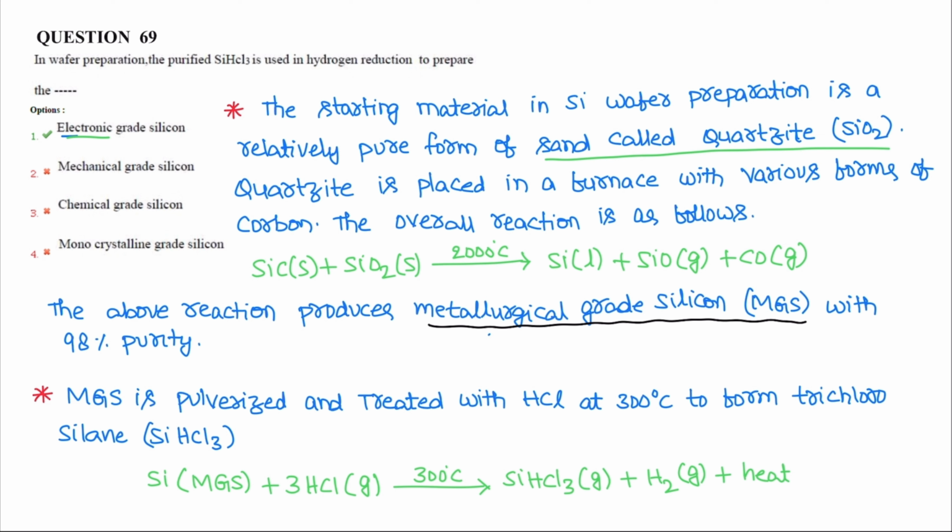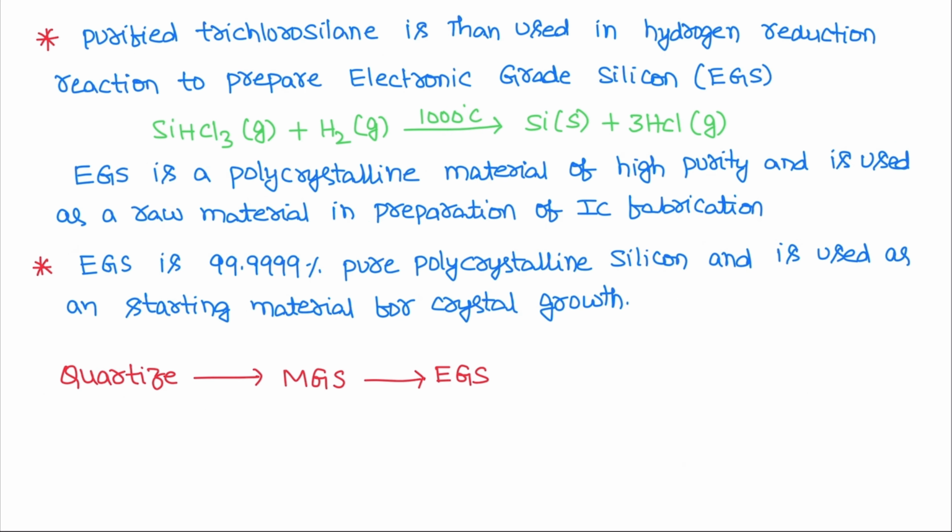Then this MGS is pulverized and treated with hydrochloric acid at 300 degrees centigrade to form trichlorosilane, SiHCl3. This purified trichlorosilane is then used in hydrogen reduction to prepare electronic grade silicon, EGS,